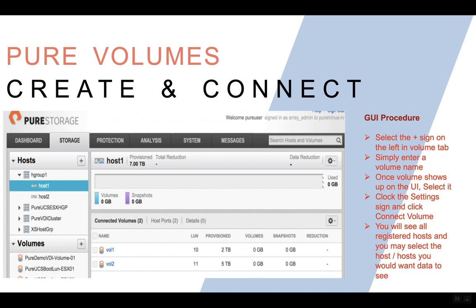Then once the volume shows up on the UI, you can select it and go to the settings cog on the right hand side, and there's a drop down that will suggest you connect the volume, which will give you a list of all the hosts and host groups. You can select host or host group, whichever is appropriate in your scenario, and then it gets connected.